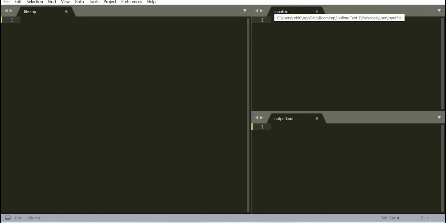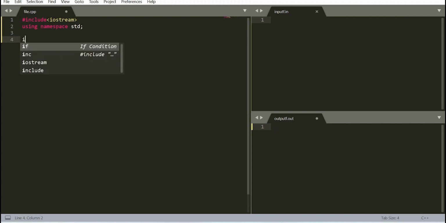So let's first include the header files, iostream, using namespace std, int main.